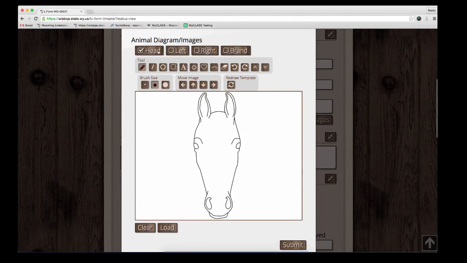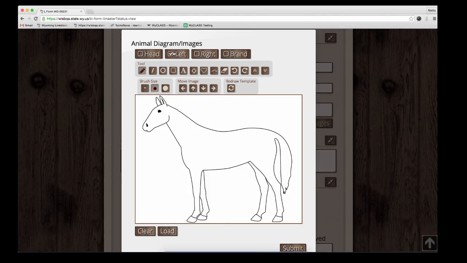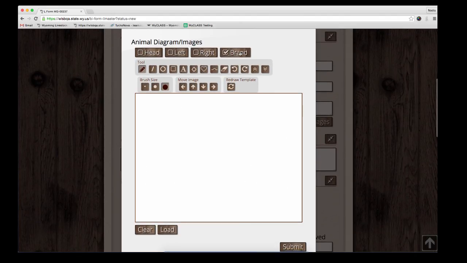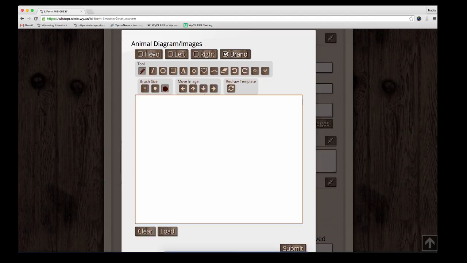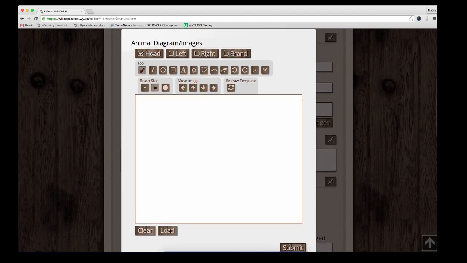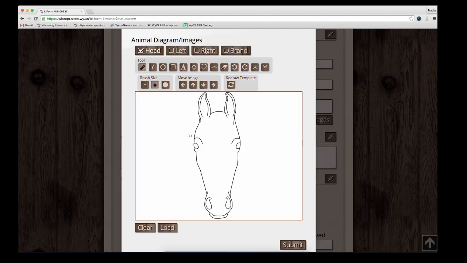There are 4 different views. You have the head view, left view, right view, and brand view. Brand is empty because you would just be drawing it. So we can draw on the